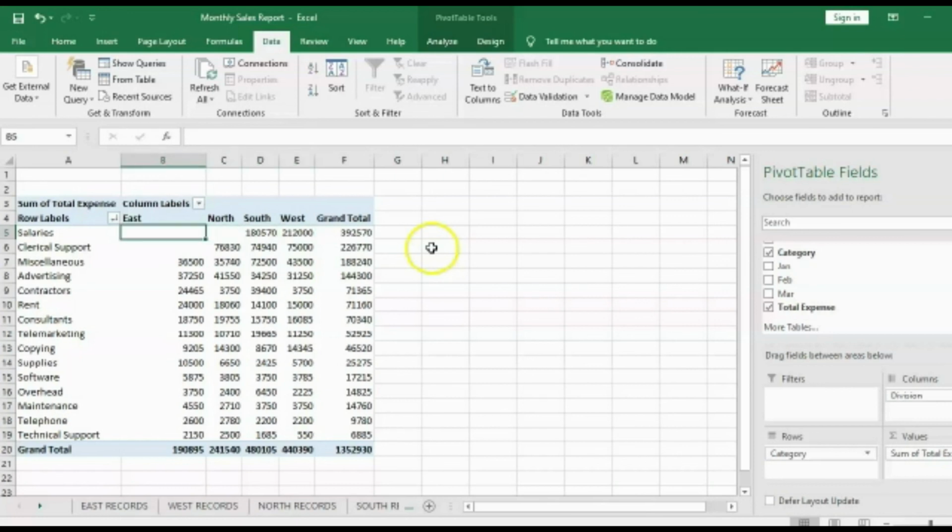Now I have a very clear picture as to from which region or which division these expenses are coming. In this way you can do a lot of analysis, a lot of data crunching, and you can create very beneficial analysis in your company. Okay, so I'll create one more video where